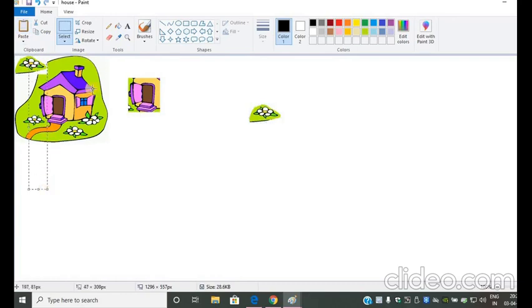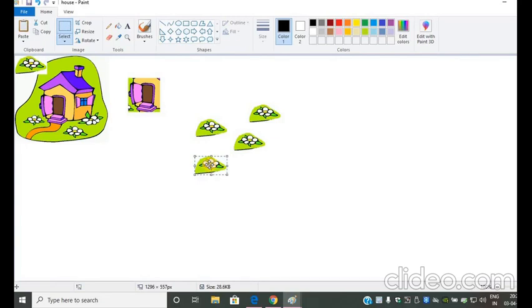So I can create a garden which is made up of various flowers like this. As many times as I want, I can paste.